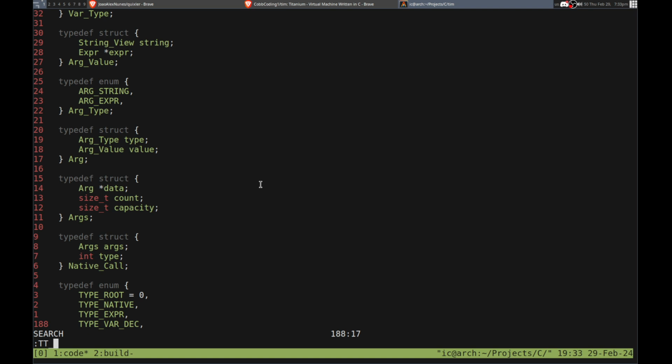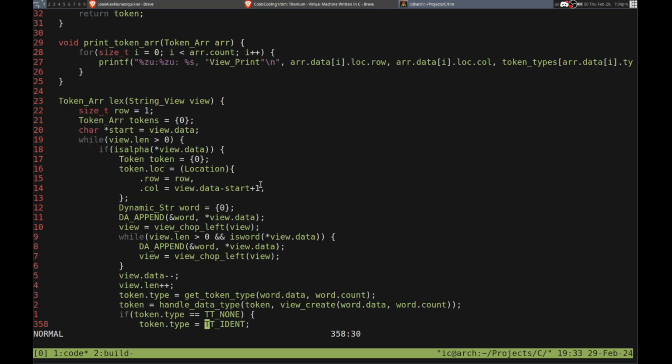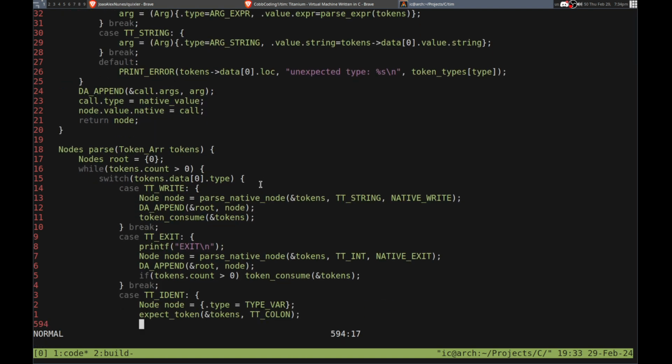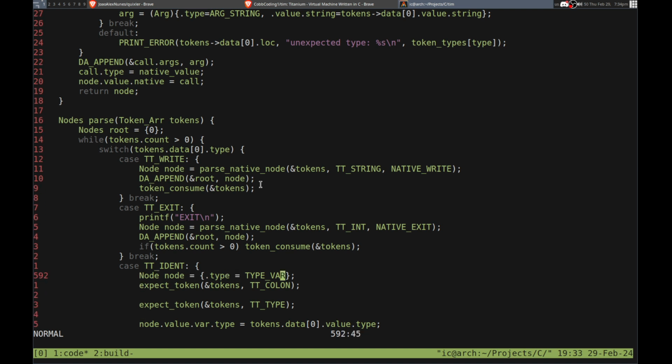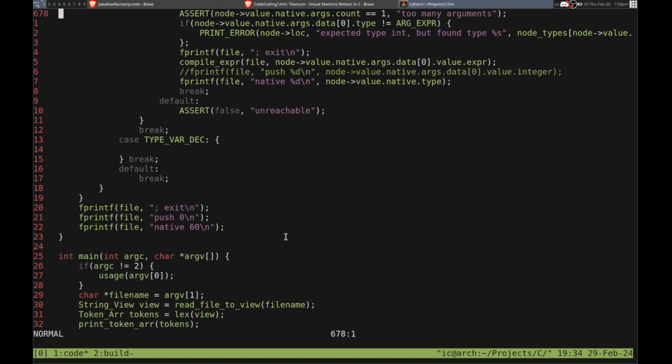And token type item actually. Yes, we'll do type var dec. And then in the future, we'll have to actually look at the next tokens and figure out the type based on that. So if it is dec or reassign, right? Or we're actually using it, but in that case that would not be in the node, it would be in the expression, right? Okay, so in the case of a var dec, then we want to actually push it onto the